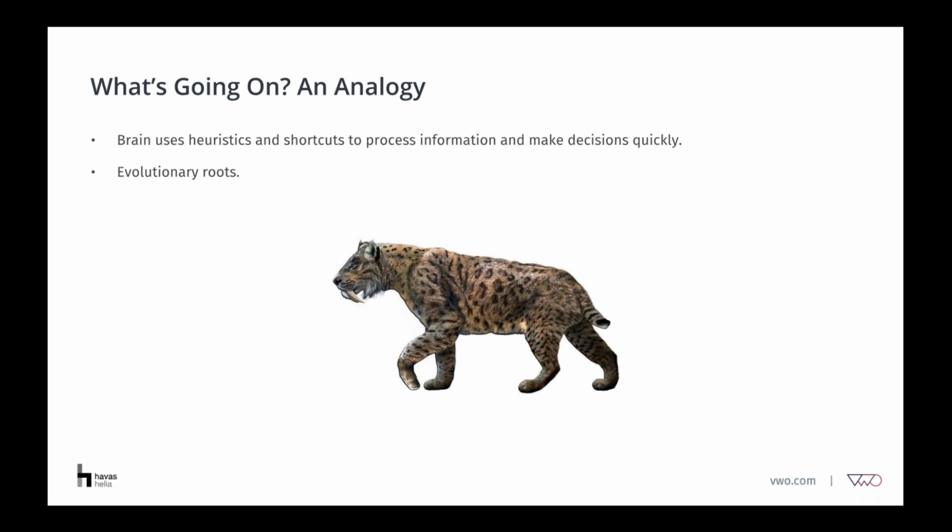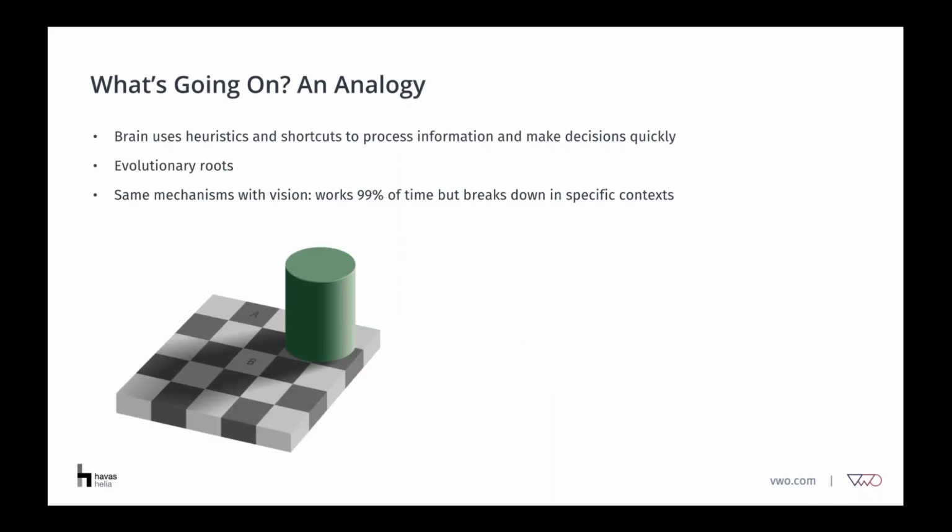It's coming from our evolutionary roots where you had to process information very quickly. It didn't have to be 100% accuracy. 99 was good, but you had to make it really fast or you would just get eaten. As simple as that. So we evolved with this brain structure.